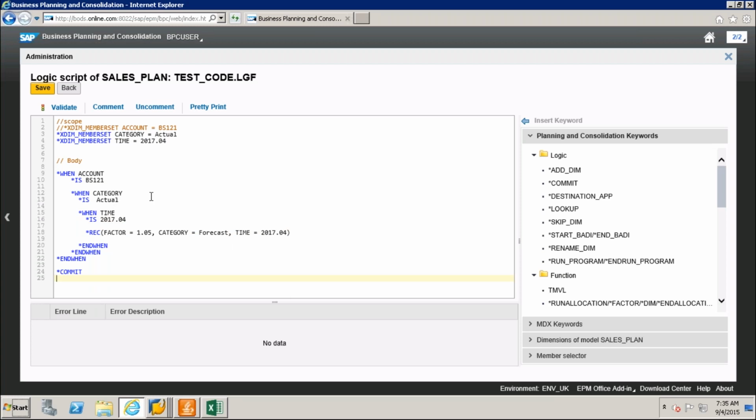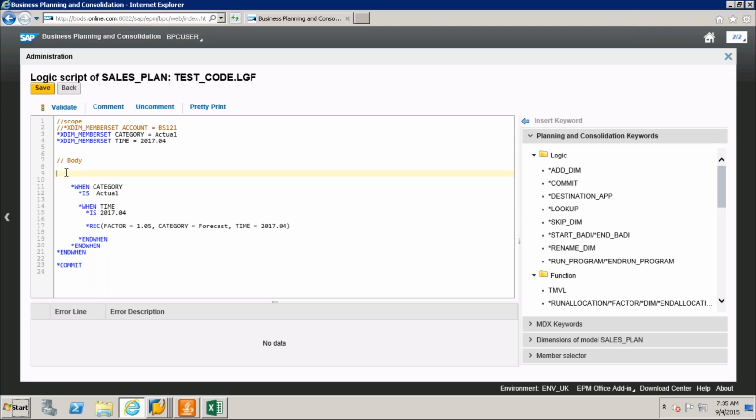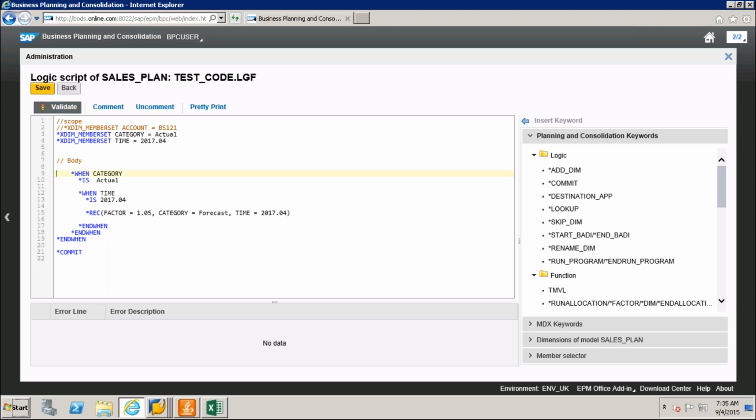Only the 4th month I modified, so the account I don't want to take here. The script is validated and saved.